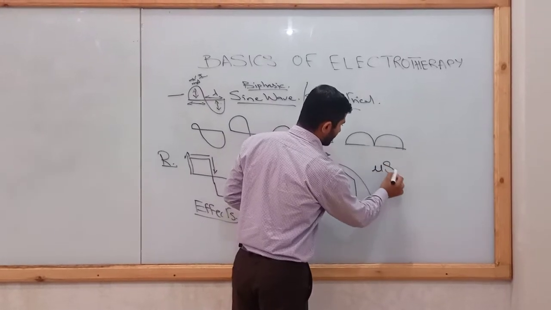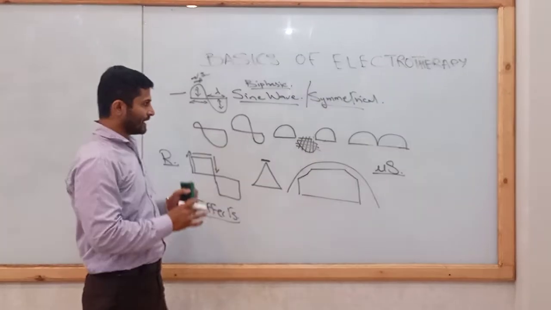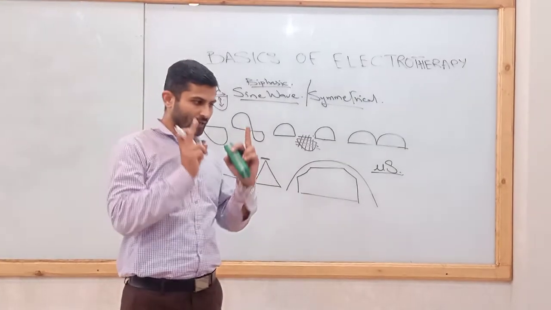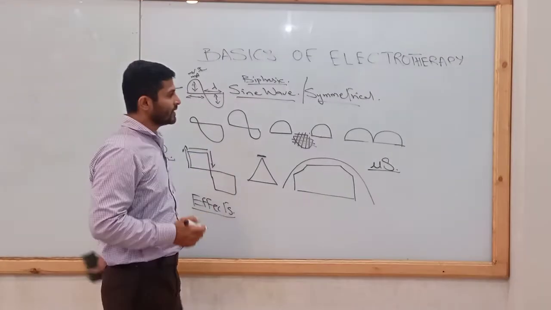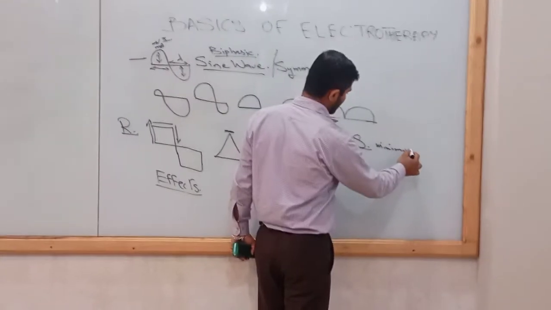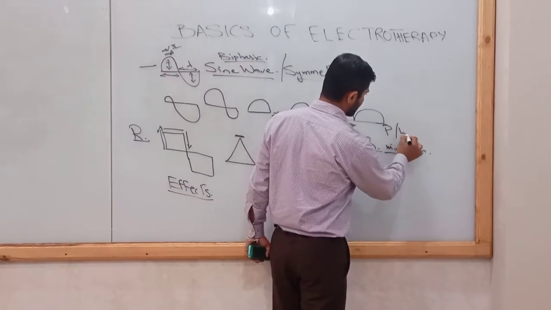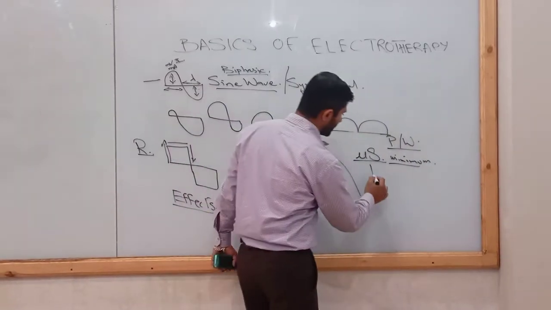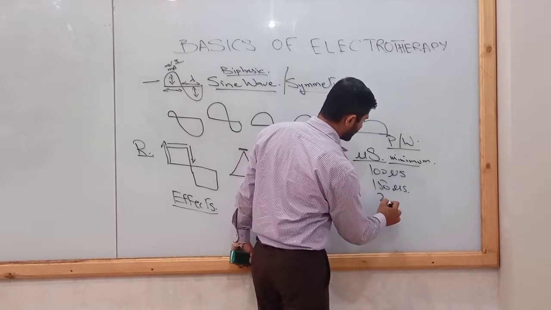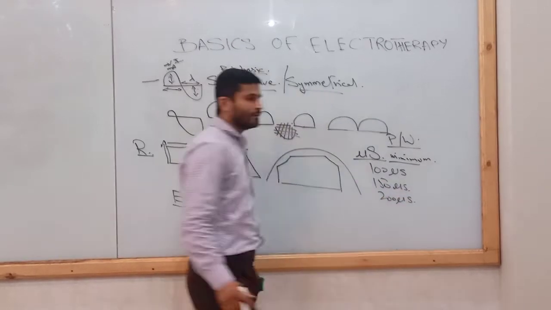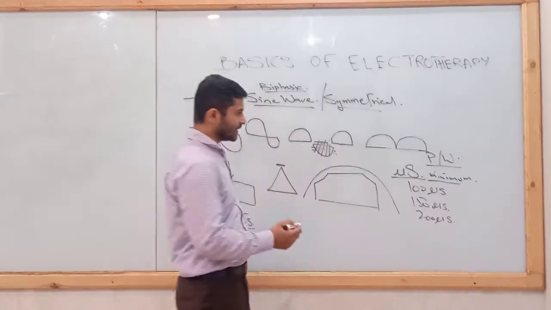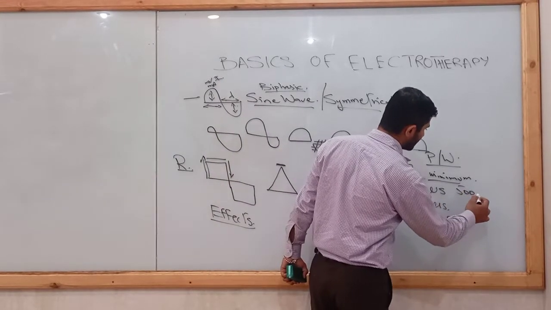Secondly, the most important point apart from this is the pulse width, which is in microseconds. As a rule of thumb, just remember this: if you are treating small muscles, or if the area between the electrodes is less, then try to have a minimum pulse width, for example, 100 microseconds or 150 or even up to 200. But if you are using large muscles or the area between the electrodes is larger, then you can use as high as 500